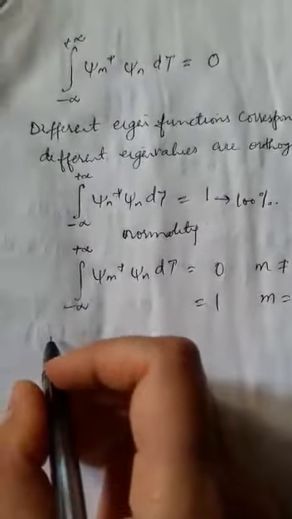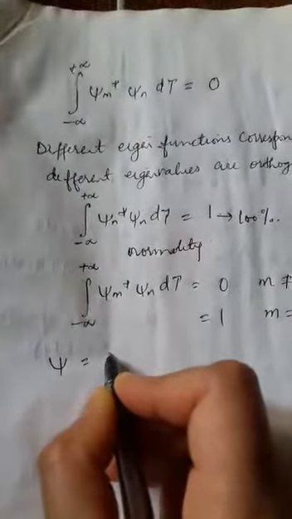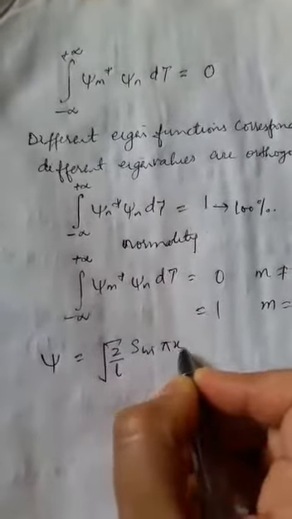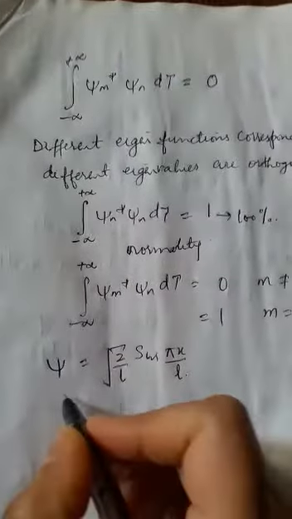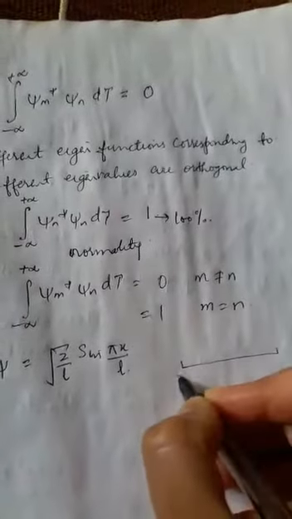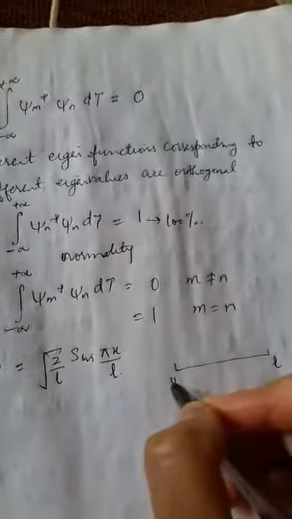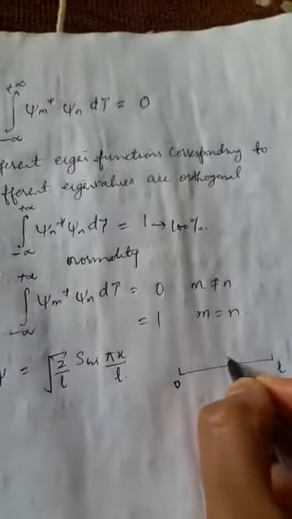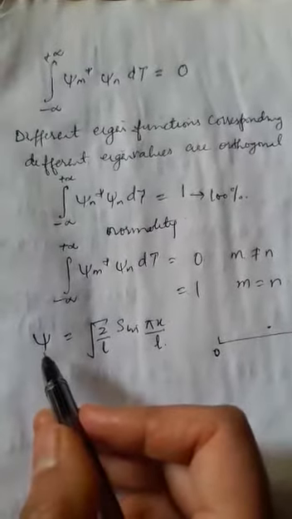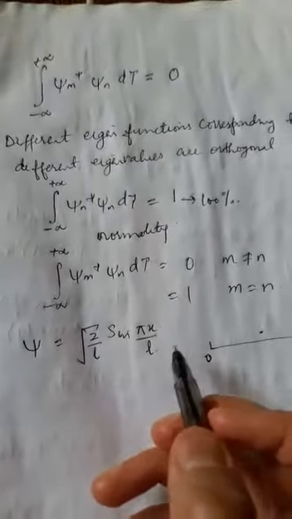Now let's choose a wave function, say for a particle in a box. It is written as psi is equal to under root 2 by L sine of pi x by L. So as an example, we are choosing a particle which resides inside a box of length L. This is a one-dimensional box whose length is from 0 to L, and we have a particle inside it. The wave function for this type of a case is chosen to be written like this: psi is under root of 2 by L sine of pi x by L, where L is the length of